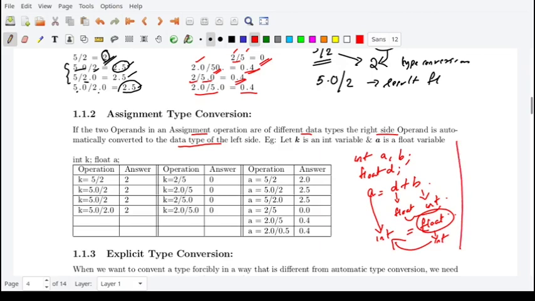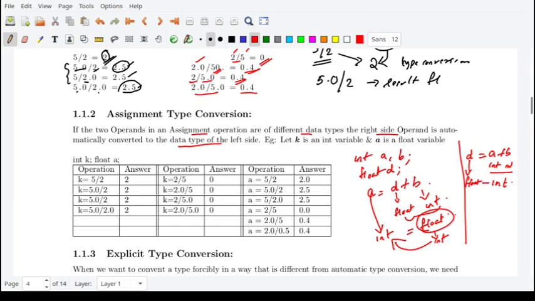Similarly, if I have float a, b, suppose I have the same thing here. I am trying to assign d is equal to a plus b. A and b are of type integer, so the result is supposed to be an integer, but on the left hand side you have a float.